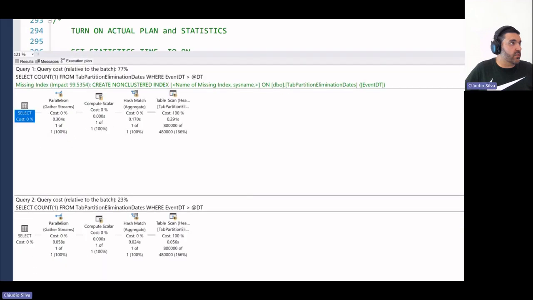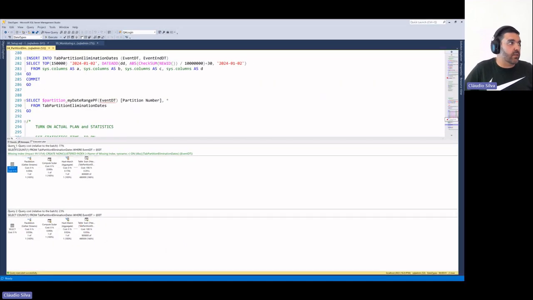However, see here that the total execution time is a difference between 304 milliseconds and 58 milliseconds, and we are reading 800,000 records from the table. Even here, we are taking 291 milliseconds compared with 56 milliseconds.